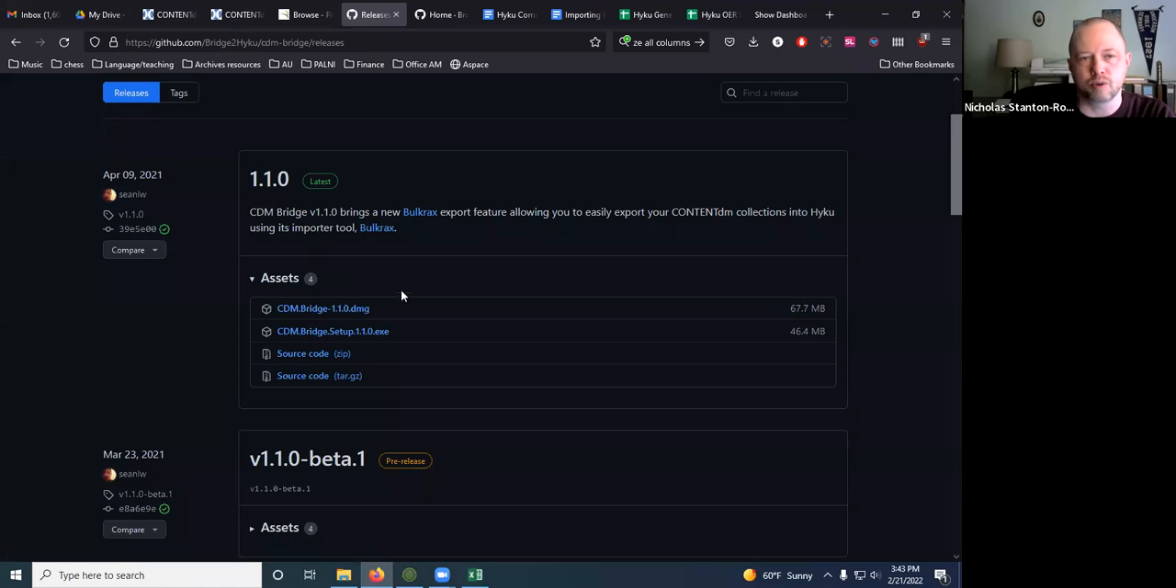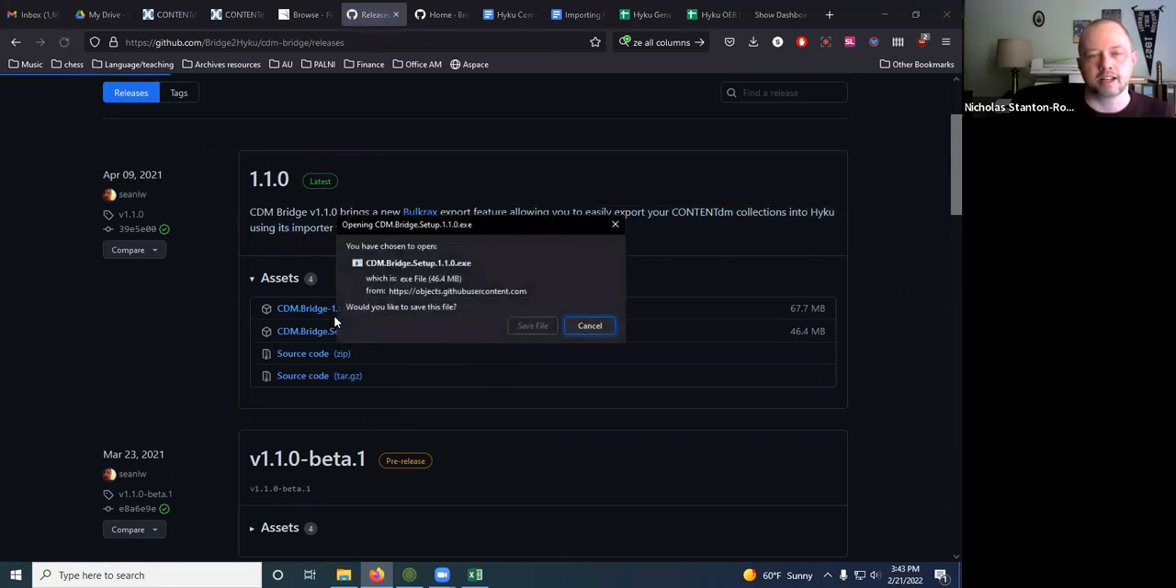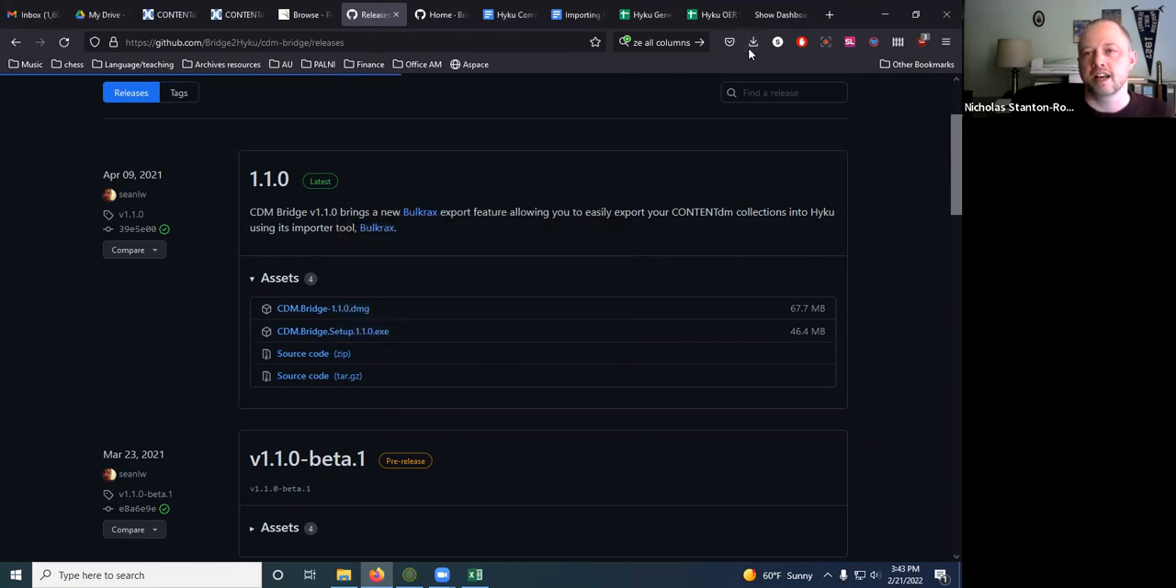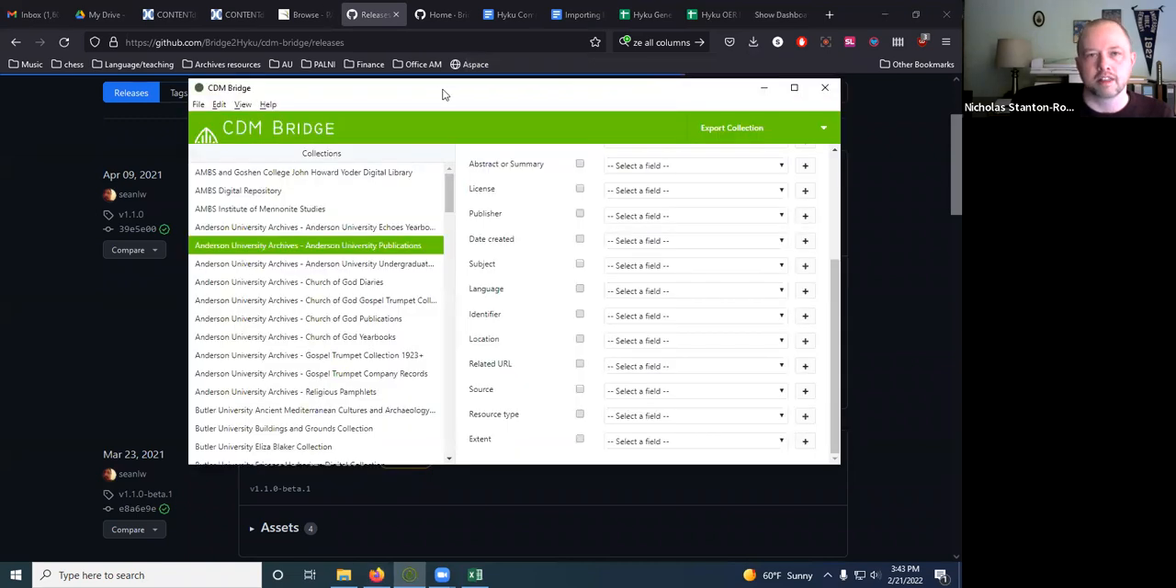I've been using 1.1 for a little while because it has an additional option over what Cdm Bridge had for quite a while that makes it very closely aligned with the bulk importer tool that we use in our implementation of Hyku. So if you click that, it'll prompt you to save it. You want to save the exe,